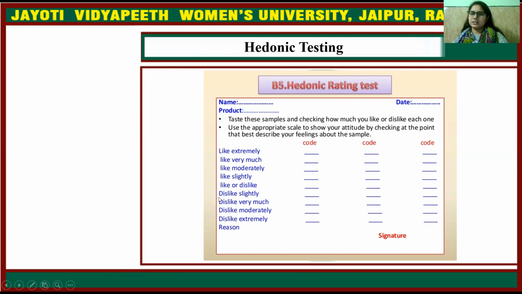So this is a 9-point hedonic scale, on the basis of which you have to give remarks to the food product after sensory analysis. Okay, and after you perform the sensory analysis, you will sign here, and that is the performer of the hedonic rating test.